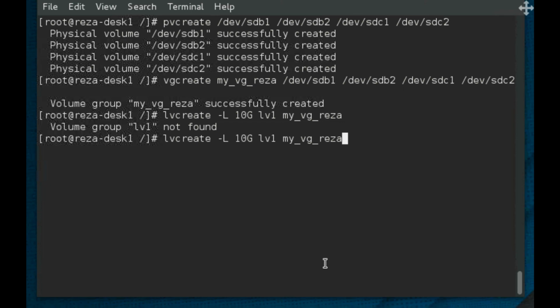Where is my mistake? lvcreate, that's hyphen L for logical volume create. Oh, okay, I forgot one thing: 10G, and I need to add a name for that, hyphen n, and then name it. So it will be lvcreate, that's a command, and then hyphen L, and then we specify a size, 10